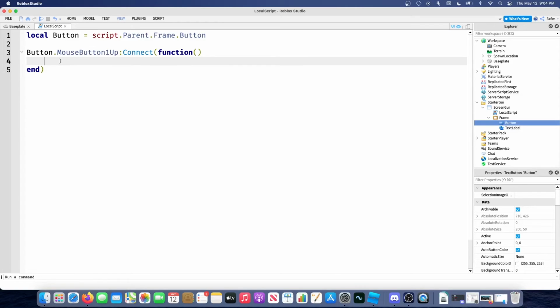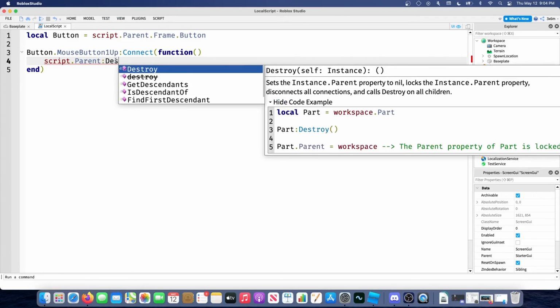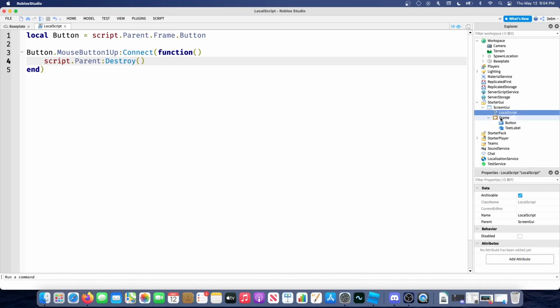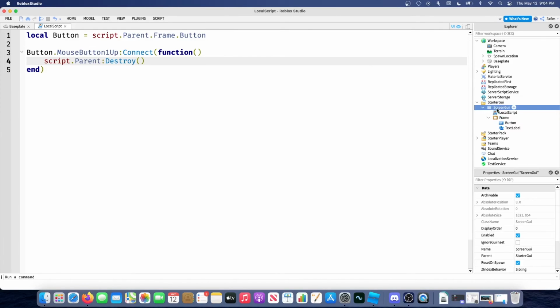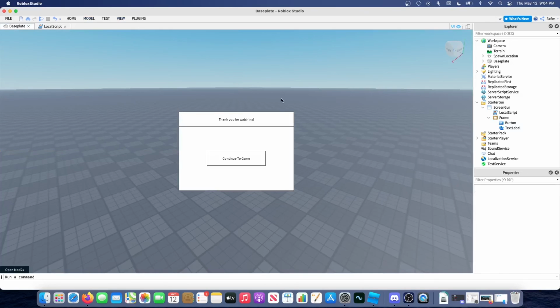So what we're gonna put in here is, let's do script dot parent. So we're talking about the screen GUI now. We're gonna do colon destroy. What this does is it completely deletes the screen GUI, and since everything else is inside of the screen GUI, it will delete everything else inside of it. Pretty useful. So now, if we run the game,